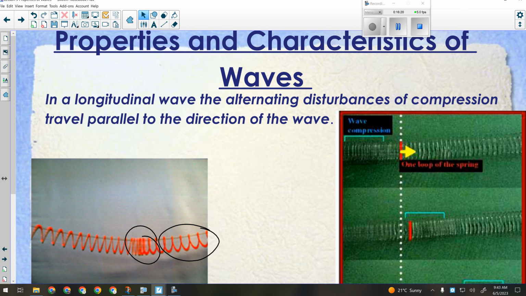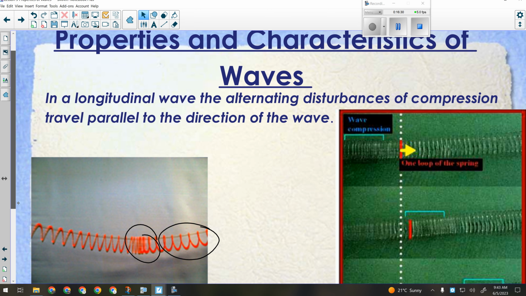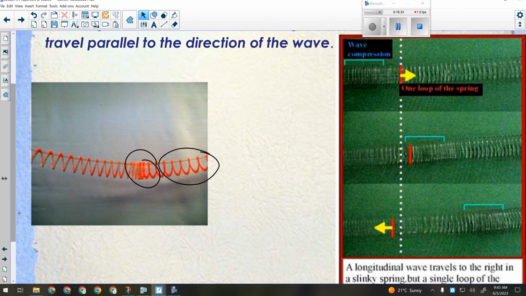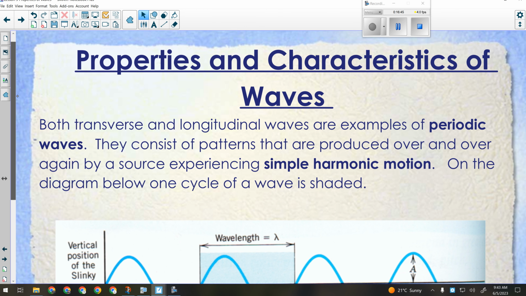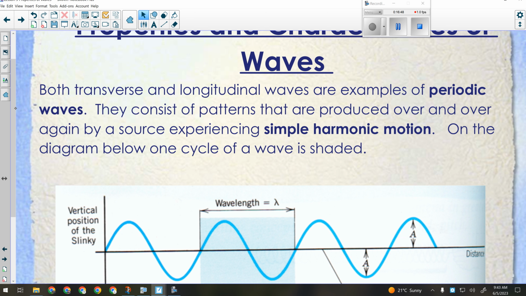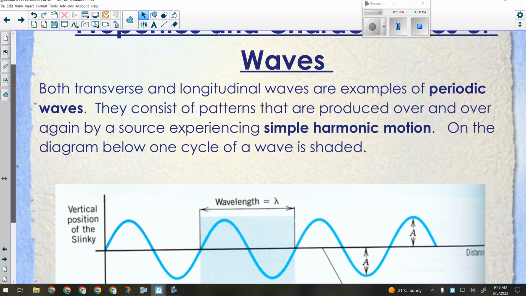And on this one here, they marked one particular ring in the slinky, and it goes out, and then it'll come back, and it'll keep oscillating back and forth. So you can see it started at equilibrium, that would be right here, and then it moved out, and then it moved back. That same link on the slinky is just oscillating back and forth. All right, so transverse and longitudinal waves are examples of periodic waves. That means they have a period and a frequency. They're the result of an oscillation of simple harmonic motion,